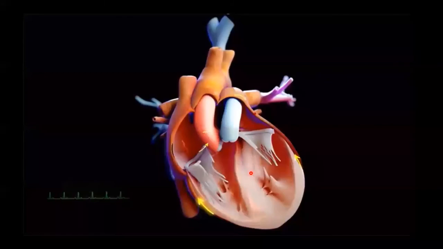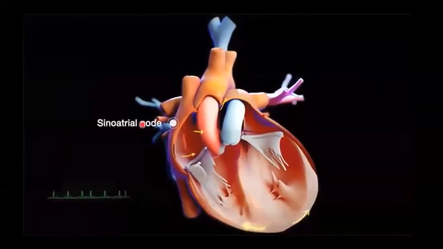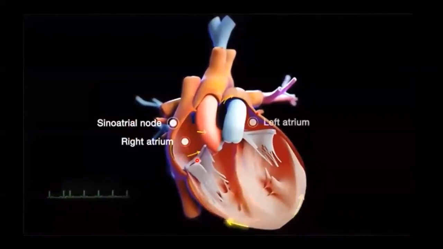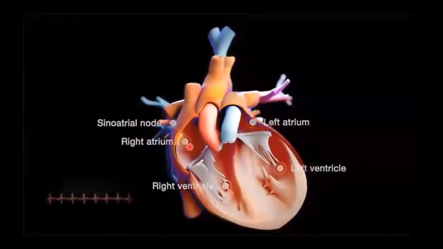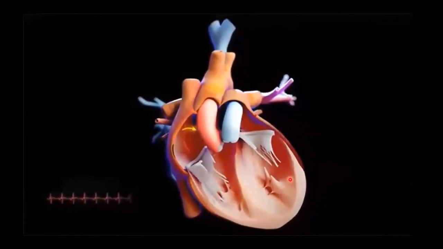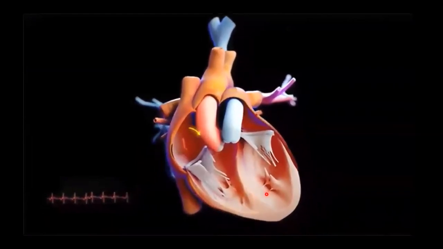So let's see overall how this impulse would look. This is the sinoatrial node, the SA node, and it controls the right atrium and left atrium. And then there is the AV node that controls the right ventricle and the left ventricle. So this is how the contraction or the activity of the heart is performed by these pacemaker cells, known as the sinoatrial node, the SA node, and